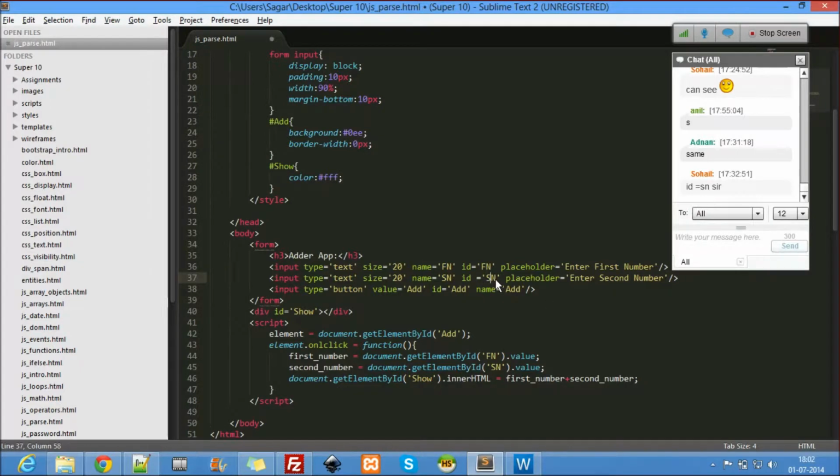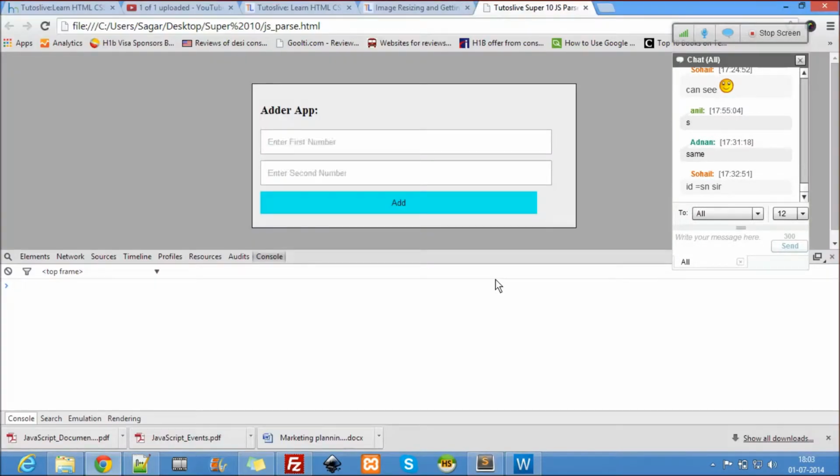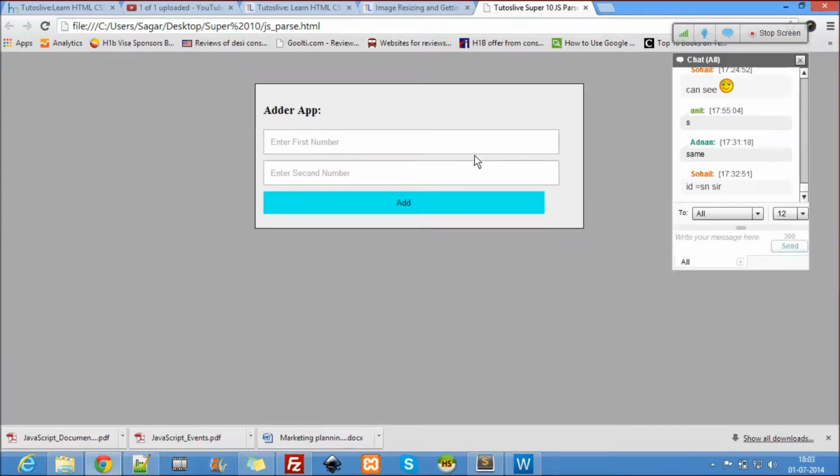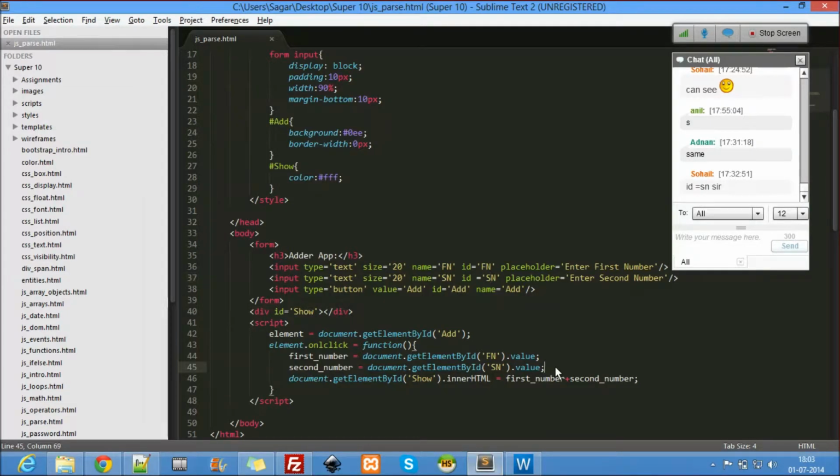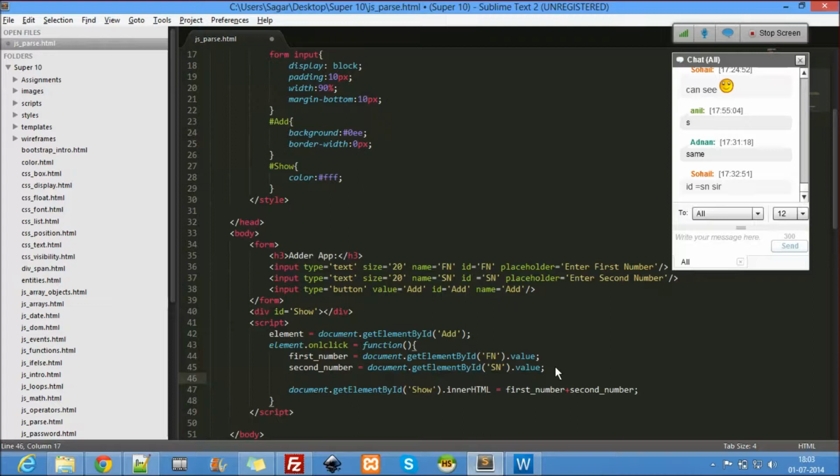Thank you Sohail. 10 and 20, I'll say add, and still there's something wrong. So let me just check it. Element add, id is add, I'm clicking on it, onclick.